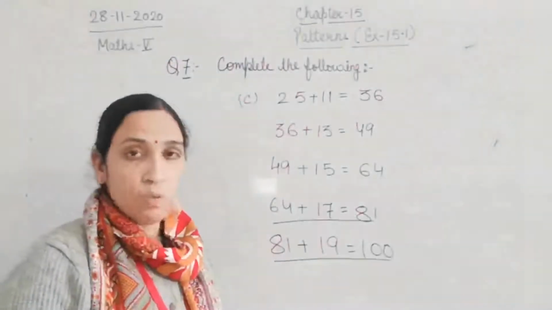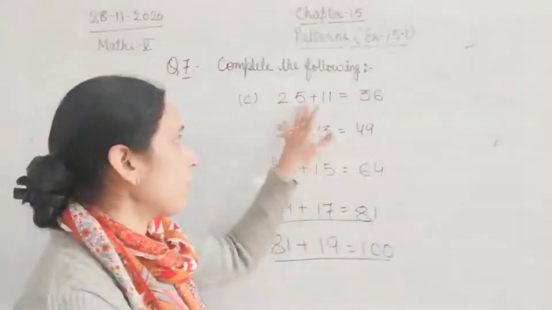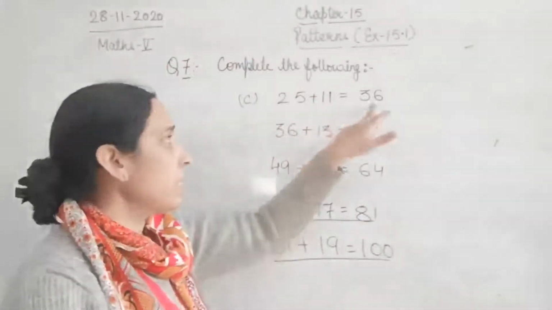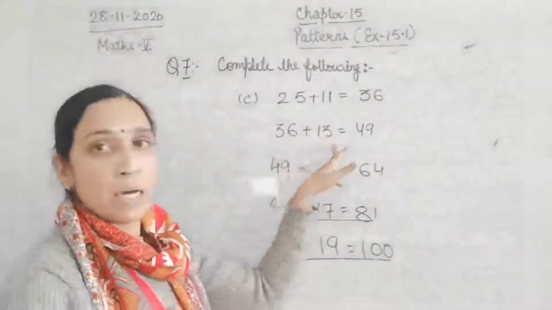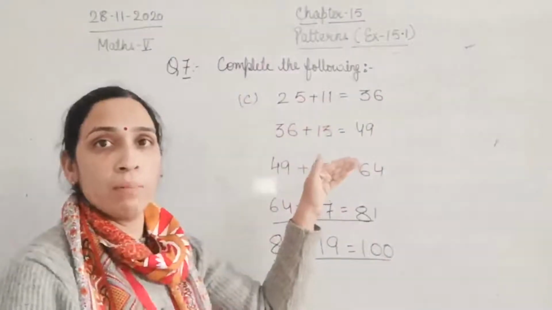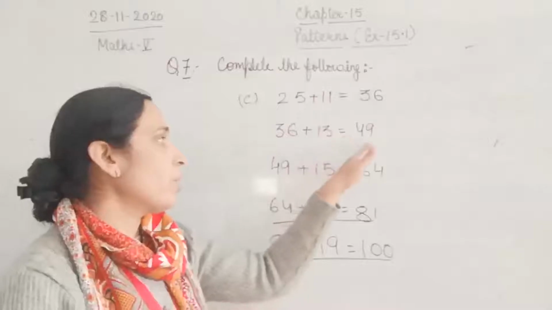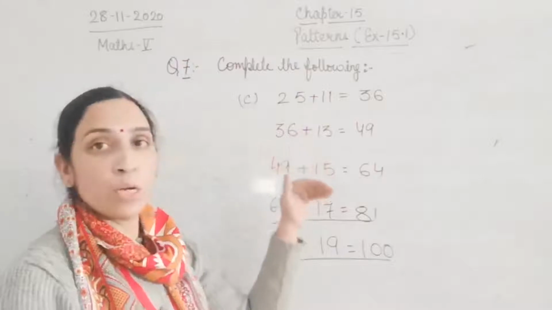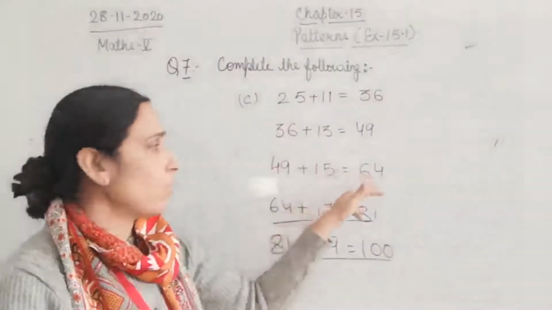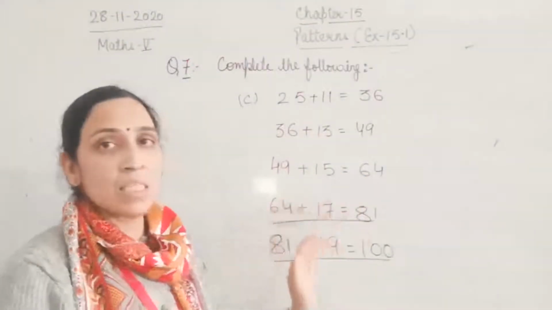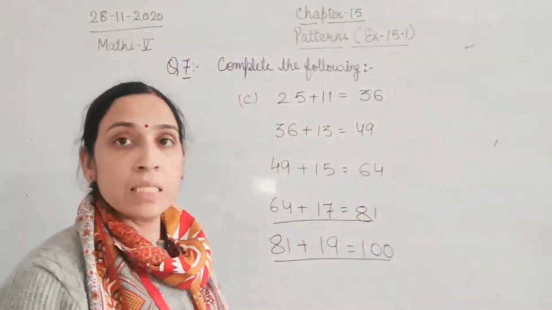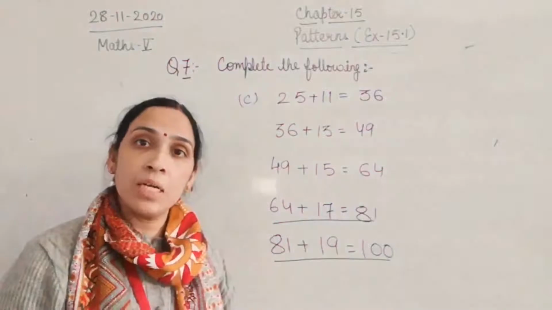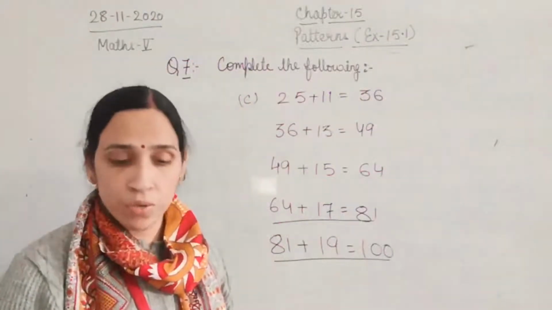Fine. So what we are doing here is one square number, then one odd number, then this total you will be getting. Then 36 plus the next odd number, that is 13, gives 49. 49 plus the next odd number, that is 15, then you will be getting 64. So this series will be followed in all. So children, that series you are going to do. Now D part you will do yourself.